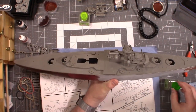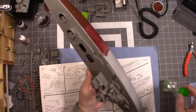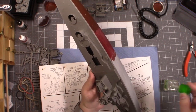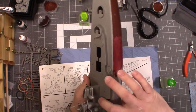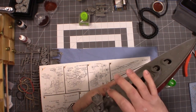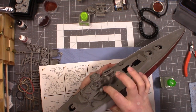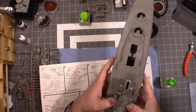And then you got the proof right there. So if I was doing this as a more finished model with paint and more detail, and if it was a better quality kit, I would have put bracing across the underside of the lower hull, and this would have taken away this bounce that is preventing me from pushing this down to stick onto